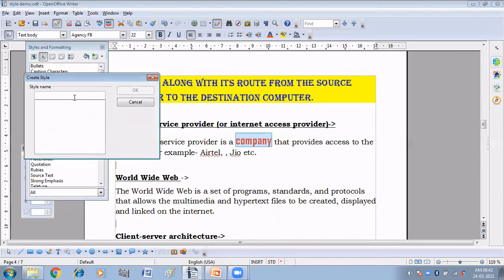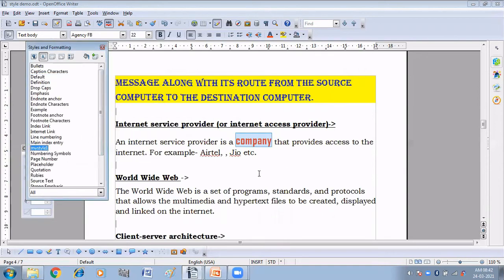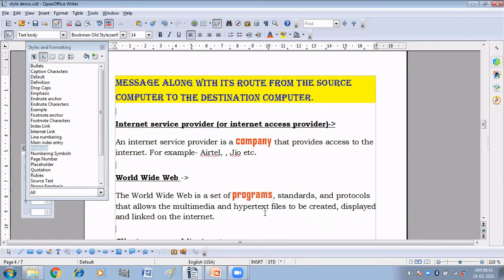I am giving the name my style 1. So you can see here my style 1. I'm selecting another word and applying my style 1 on this. Now you can see I have created my own paragraph style and my own character style. In the same way you can create all your styles like list style, page style, frame style. So this was the first method, creating a new style from a selection.